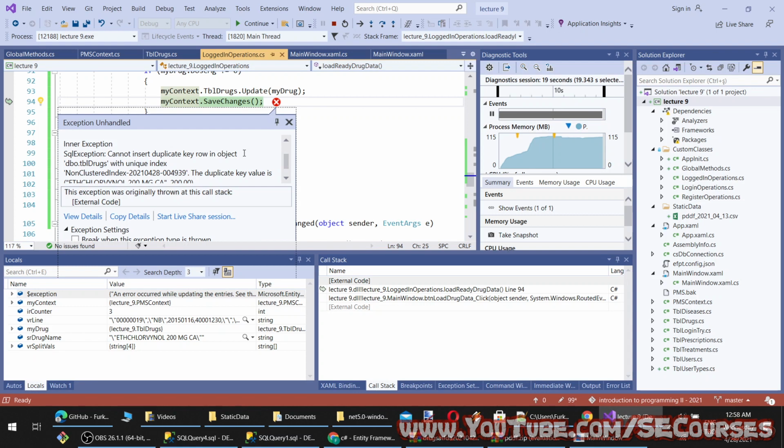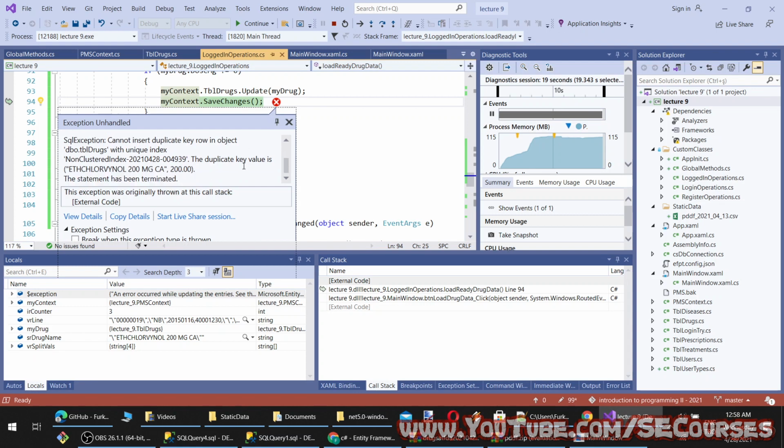Oh, I see. Update is not working because it is also checking primary ID. Yeah. Because their primary ID is different.